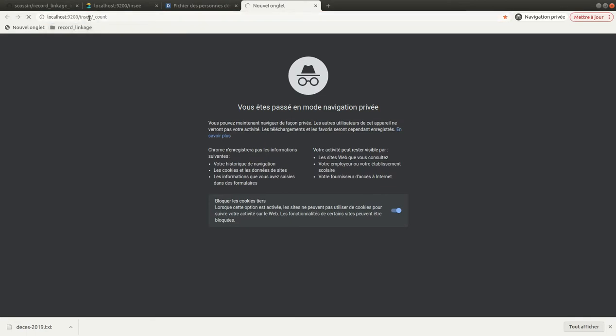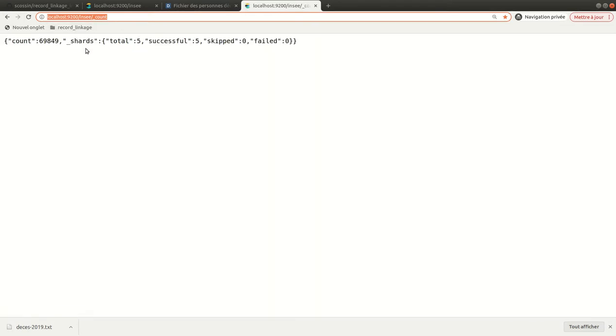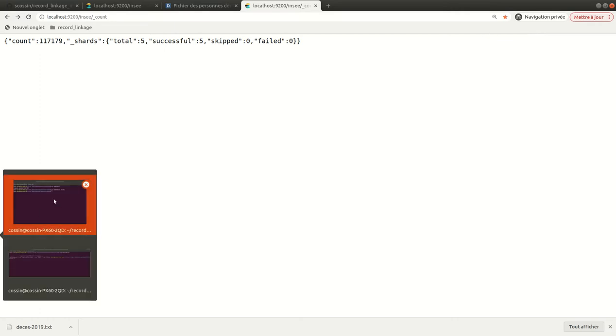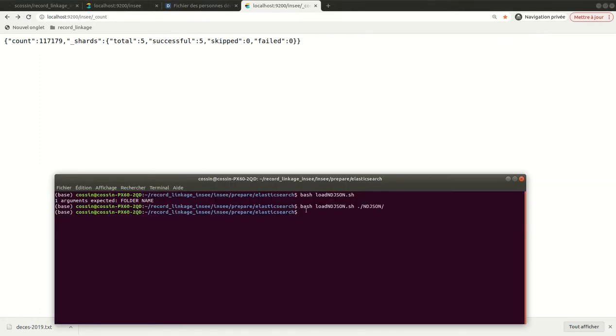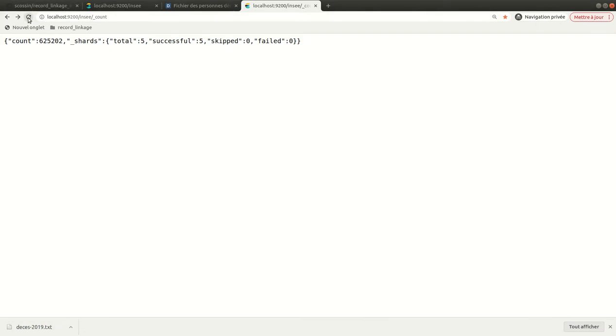So if you go to this URL, you can see here the number of documents, and if you refresh, you can see this number is increasing, so the documents are being indexed into Elasticsearch. So the program has ended, and you can see the number of French dev records that have been indexed into Elasticsearch. So this is the number of records for the year